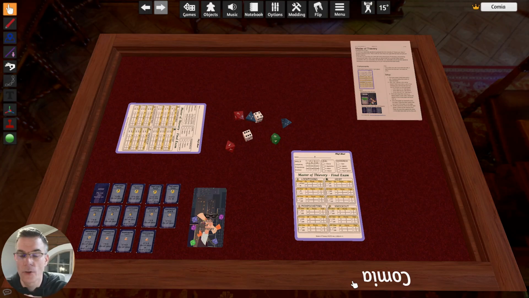I need some help, and luckily I found this incredible mod that I can use to make fields in my cards, in my sheets, everything in Tabletop Simulator. Let me show you how it now works. Here is the final version of the Tabletop Simulator version of Master of Thievery. Looks pretty much the same, but this thief sheet is a bit different. Let's zoom in.